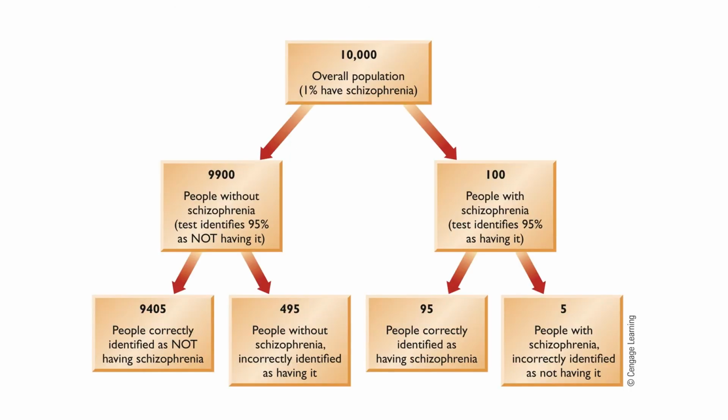All right, this is just a test showing the inefficiencies of this testing. With 10,000 people in the total population and 1% having schizophrenia, right? We're going to know that 9,900 don't have schizophrenia. The test is 95% accurate, right? At the bottom, almost 500 people will be said to have schizophrenia when they don't, right? And out of the 100 that do have schizophrenia, 5 are going to be missed, right? So we're going to have a lot more false positives. Just a little thing to think about with personality tests, if you just do that and don't back it up with actual data.